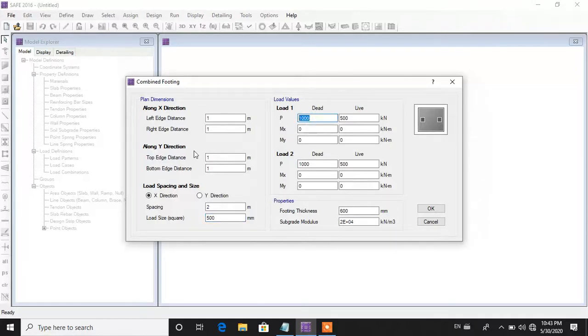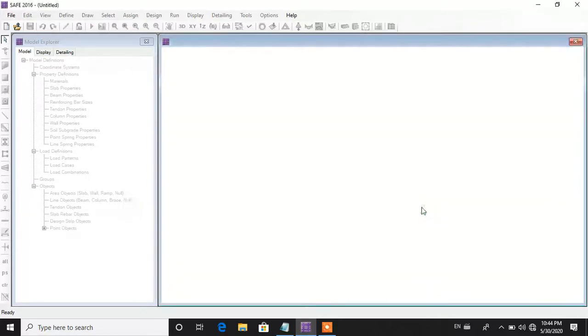Dead load is 500 and live load is 250. Give the values 500, 250. Footing thickness take 500, and subgrade modulus is 2 into 10 to the power 4, so just change it. Click on the OK button.